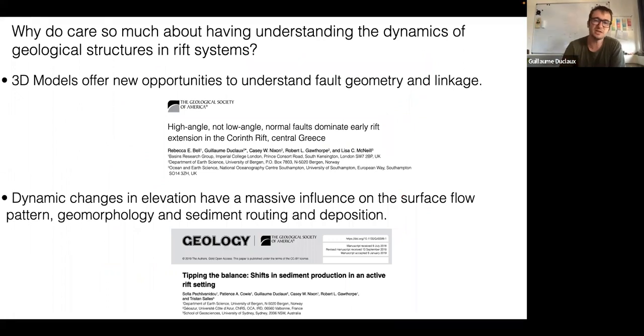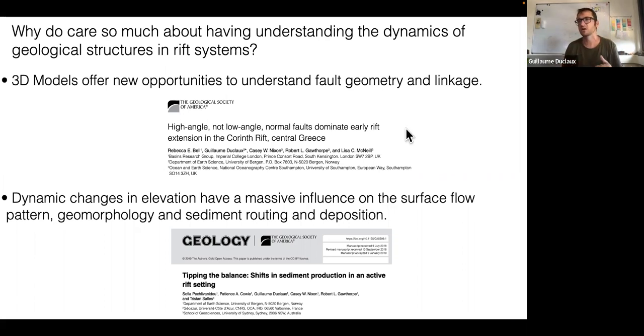So there are 2 papers that we published a few years back, in 2019 and 2018 for the first one. The first one is we were trying to understand the impact of fault geometry at depths. Okay, your normal faults. Some people argue that shallow normal faults exist in rifts. Some people argue that you should have a 60-degree normal fault, and we wanted to assess that in a context